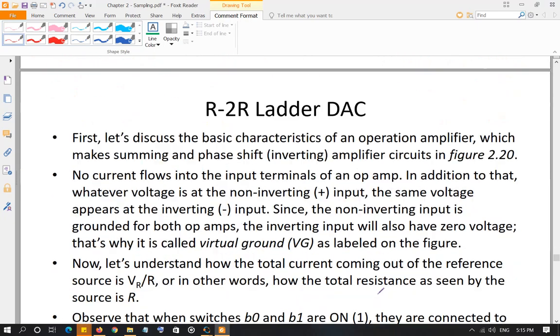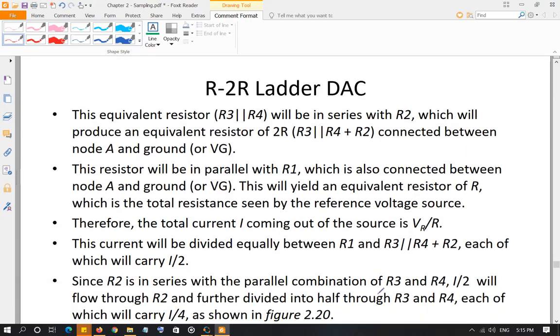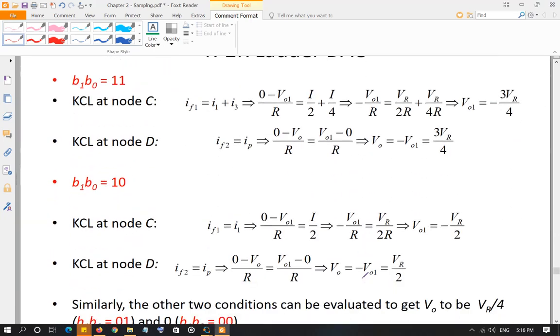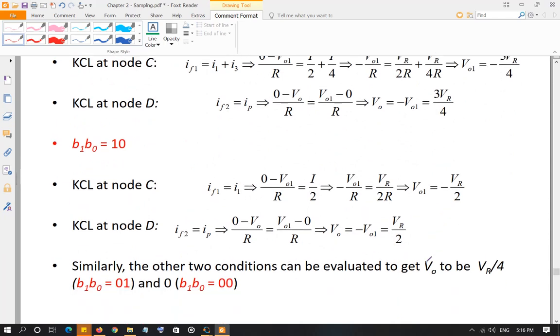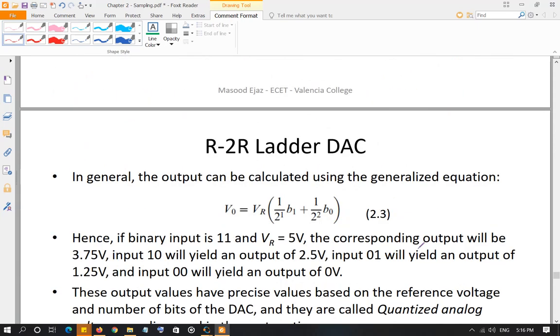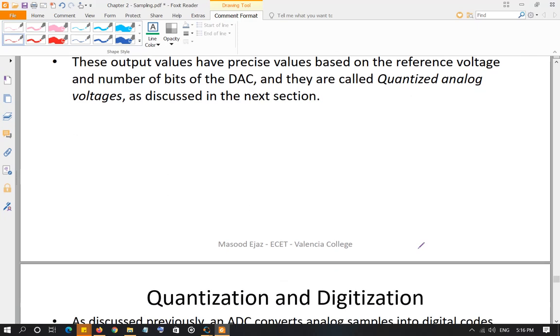So all that discussion, of course, has been explained on the following slides. So go over these things. All the detailed explanation is there. Derivations are there that I was doing on that page and making a mess. So this is clean. You can understand them. It's pretty straightforward. I have already explained the circuit. So this is your R2R ladder network DAC.